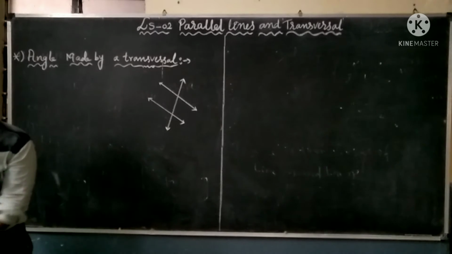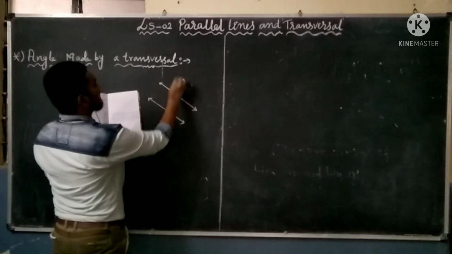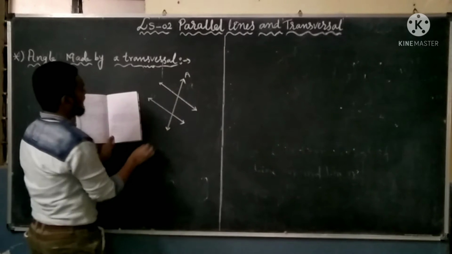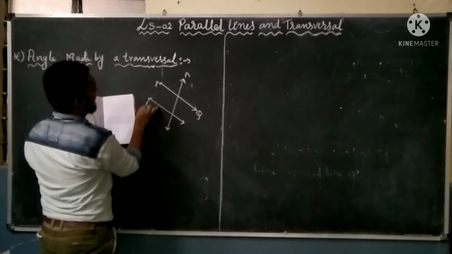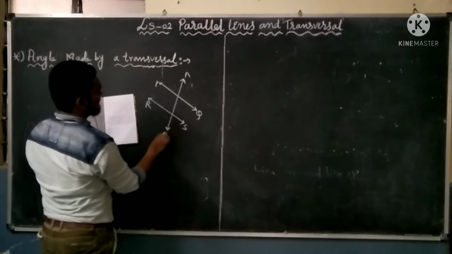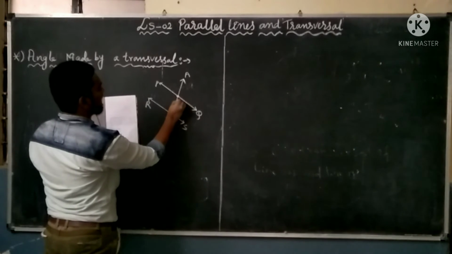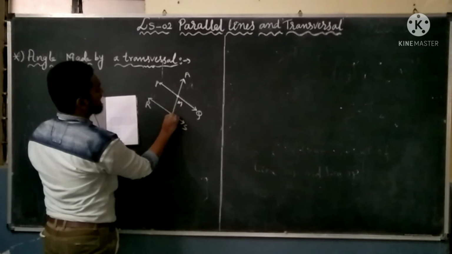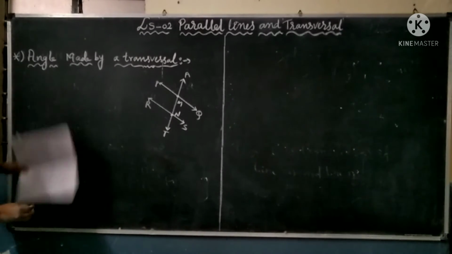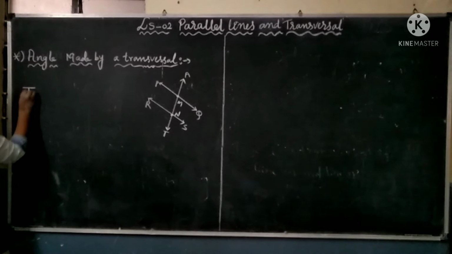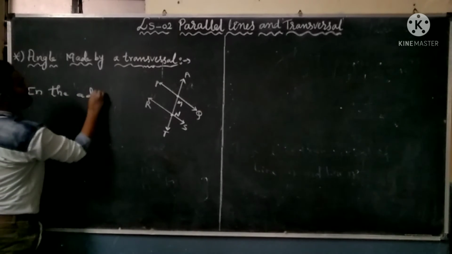Here, this is considered as A and this is considered as P, Q, R, S, T. This point is considered as point M and this point is considered as point N. Okay. Here, in the adjoining figure,